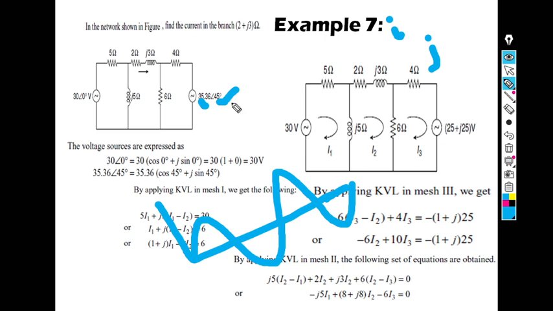That means we can represent this as 35.36 angle 45 degrees. Now from where am I getting this angle 45? Suppose I am considering 0, that means it started from this portion, there is no phase angle. If this voltage started from the reference value, suppose I am taking this as a reference value, this is 0 degree, and this is rotating in this way.